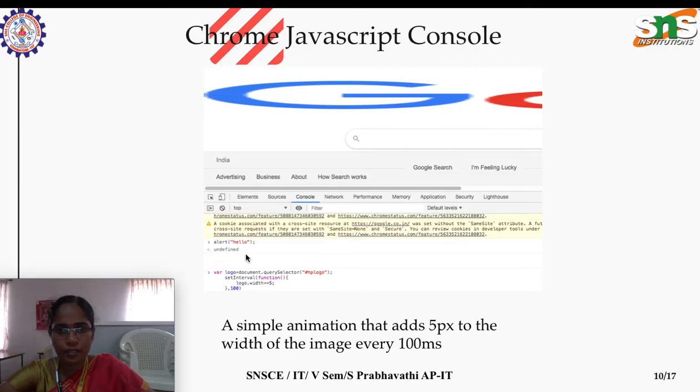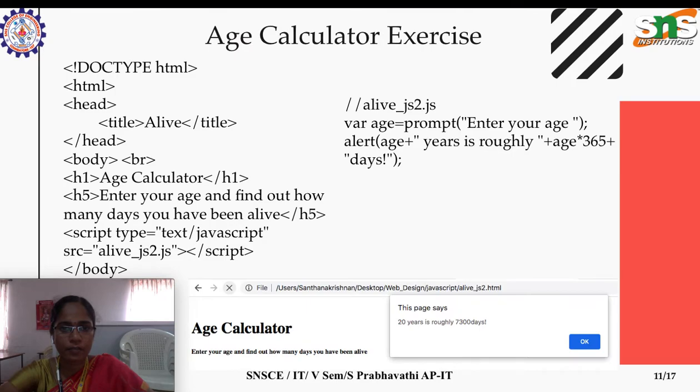We can do it by adding this script. For that you need to fetch the Google logo, followed by setting the interval by calling the function, and changing its width to be plus equal to 5. So 5 pixels every 10 milliseconds it gets expanded. Have fun here, spend some time to play around with this web page. How functions are defined, everything we will see in the forthcoming topics, how to handle functions in JavaScript.